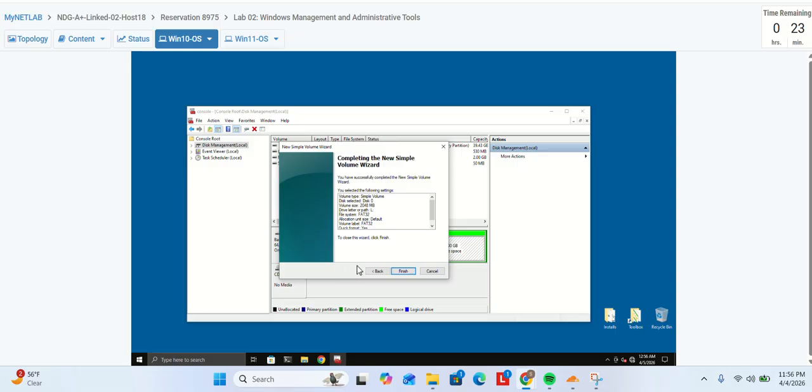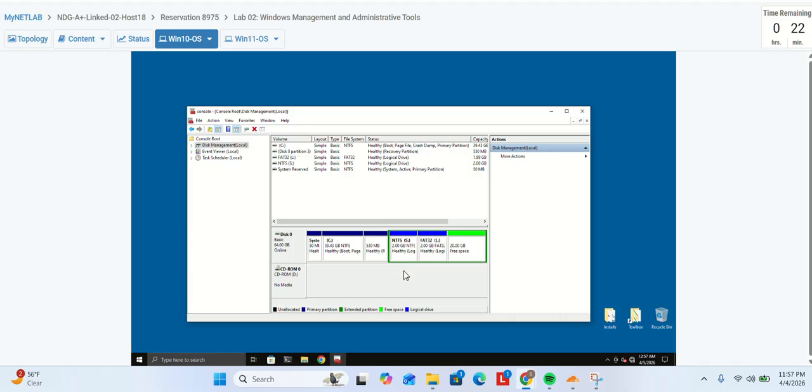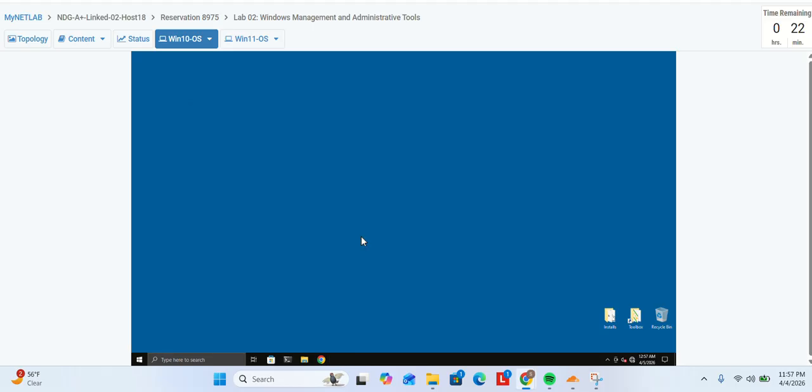So after reviewing everything, I'm clicking finish, and then I can see the FAT32 L and the NTFS as the space which I created to disk 0, and after that I'm closing the MMC, and I can see a dialog box which is asking me if I want to save the console settings to console, and I'm pressing yes, and after that I am pressing the